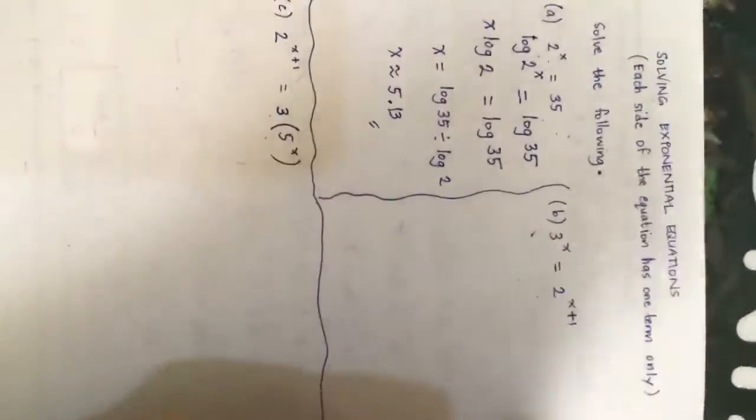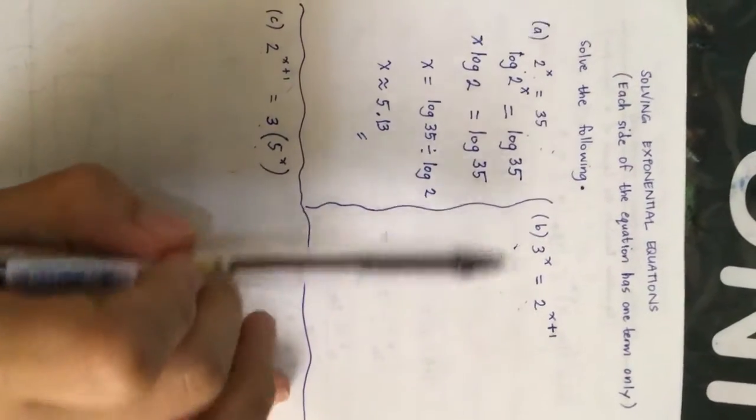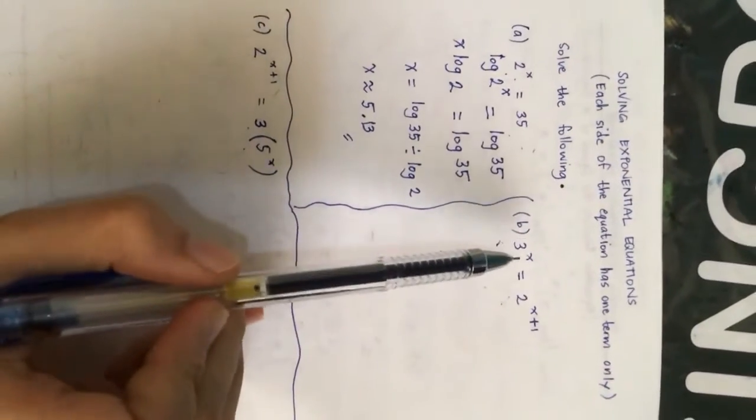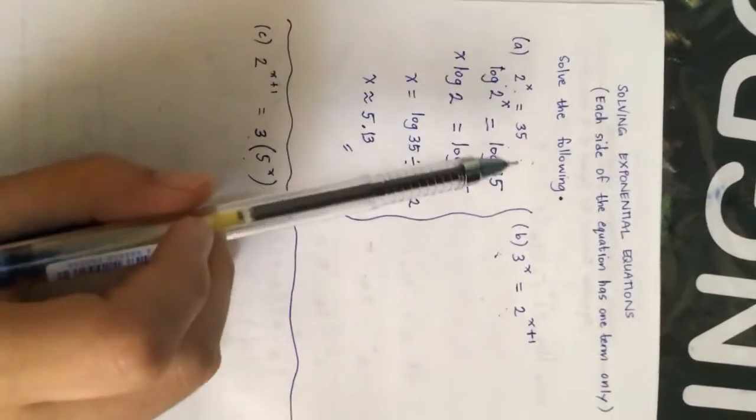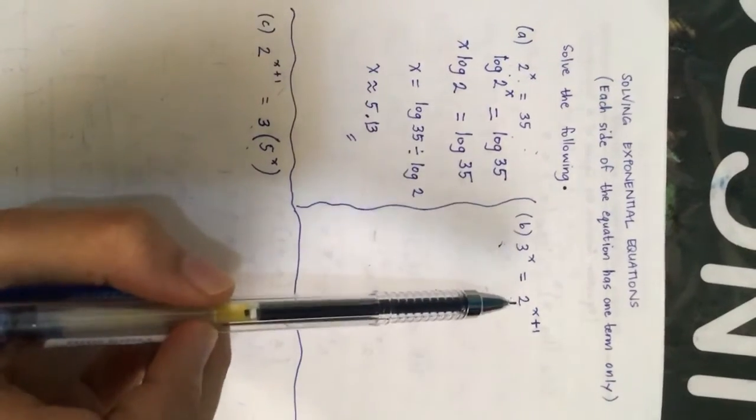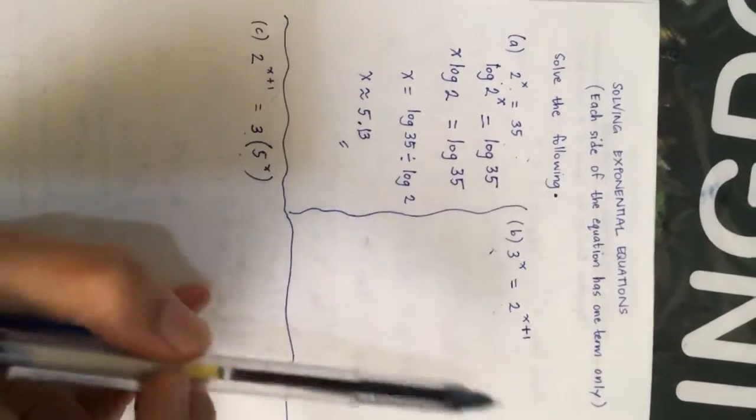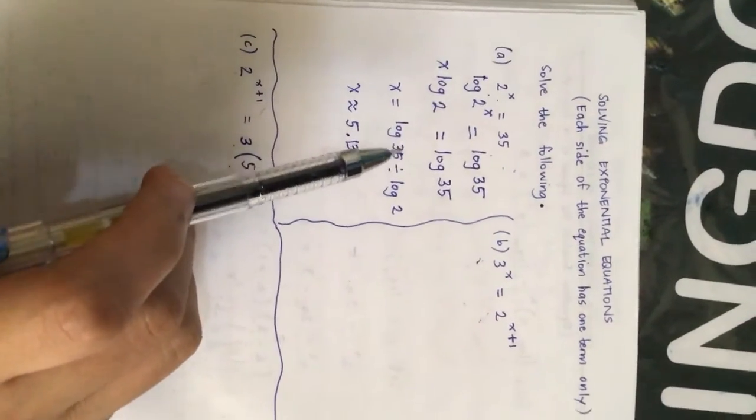Now we move on to part B. So here, part B now, again we have the same issue. Since x is a power here, we can solve by making the bases the same, but again, it's not possible. So we will use logarithms instead. So how do we